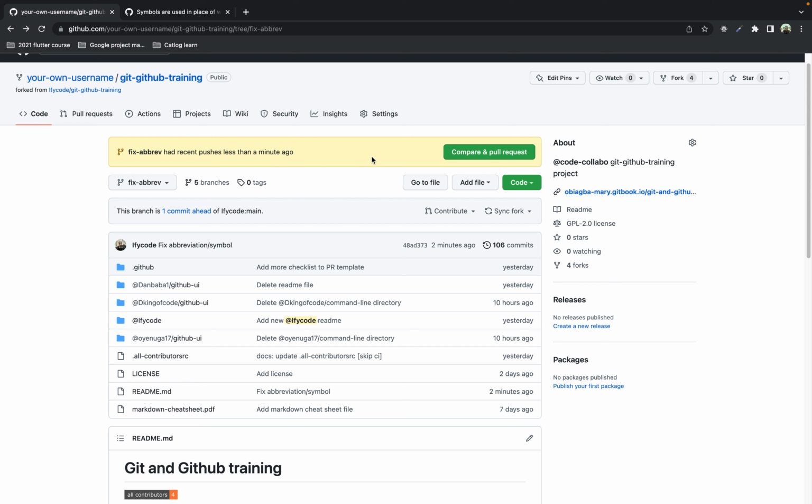the pull request from. So you can see that the moment I made a change in the fix abbrev branch, GitHub notified me with this yellow banner, right? That fix abbrev had recent pushes, right? You see the word push has been used here. So yeah, it had recent pushes less than a minute ago, and then it provides a compare and pull request green button. So you can either choose to click on this compare and pull request button, or if